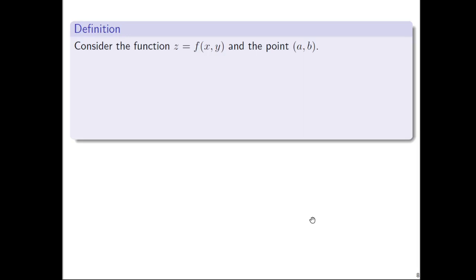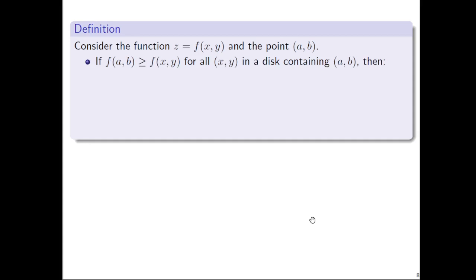All right, so consider a function. The output is going to be the output variable we'll call z, but really the key thing is the function has two input variables, x and y. So consider a function with two input variables and consider a specific point, a comma b. So, x is a, y is b. So then if f of a comma b is greater than or equal to f of x comma y for